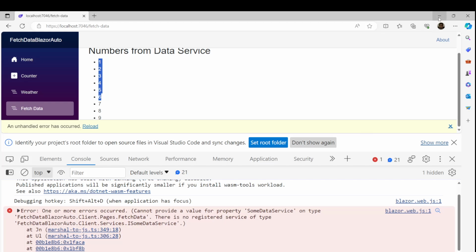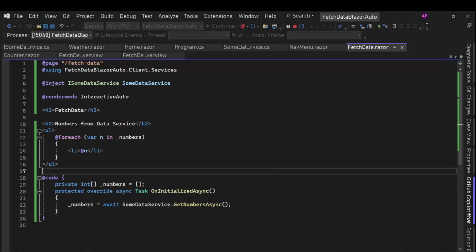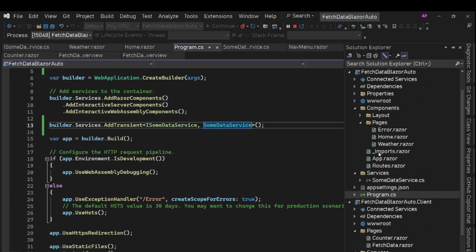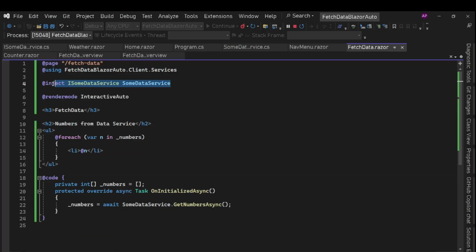So the point here is, the problem is when, initially it runs on server using InteractiveServer using SignalR connection. In that case, it goes to the main project and we have that defined in the main project in this program.cs, right? So it has access to that service, it fetches data, we got data. After that, WebAssembly got loaded, and then when WebAssembly kicks in, it checks that component, this fetch data, and then it checks this. We are injecting ISomeDataService, but for this interface there is nothing